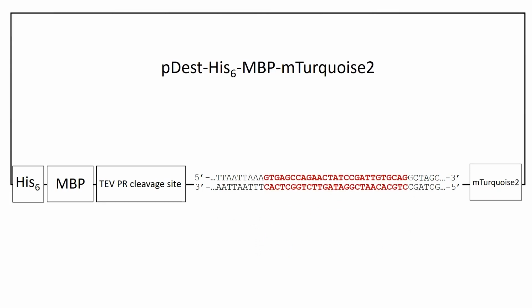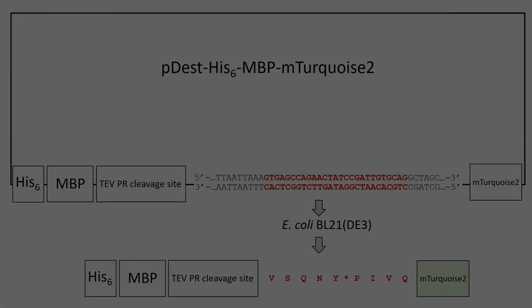For protein expression, transform BL21(DE3) competent cells by the ligation mixture. The fluorescent proteins will be in the same open reading frame with the N-terminal